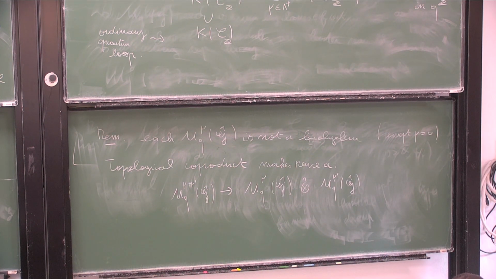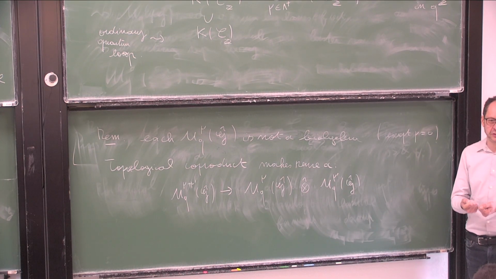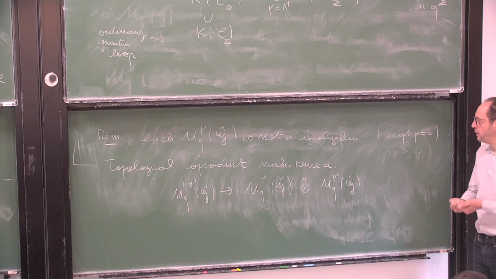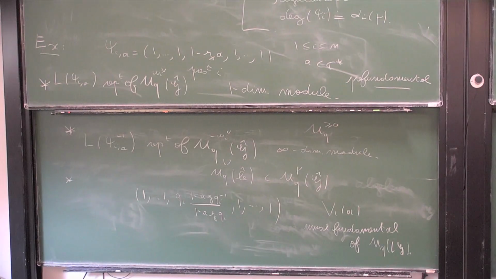I think Duncan mentioned that this can be used to do some fusion product of representation in the quantum theoretical case. The same works in the shifted. So a priori it's topological, so you may have problems to make tensor product of representation, but there is a way to use it to define a ring structure. In fact, it induces a ring structure on all these rings above.